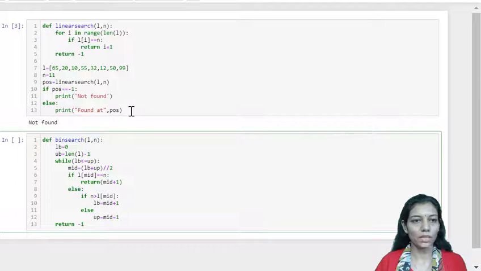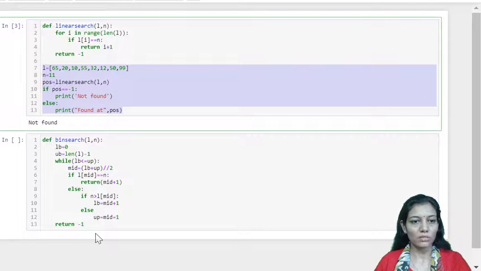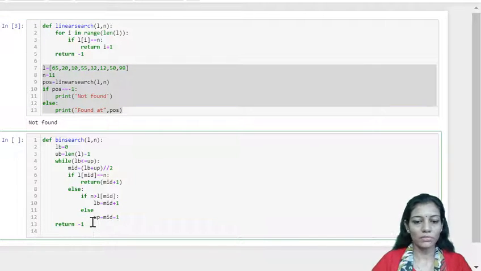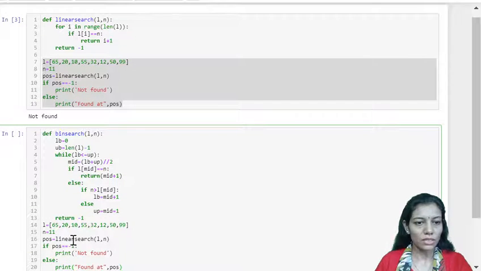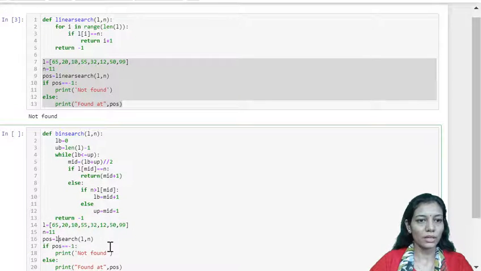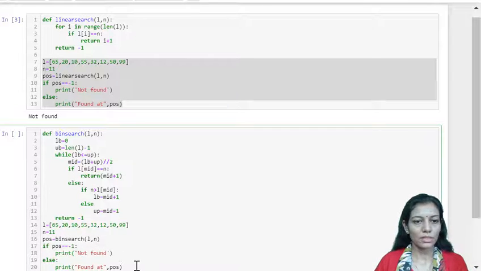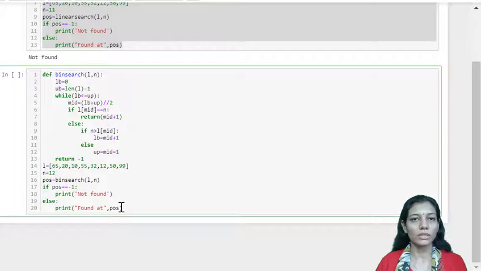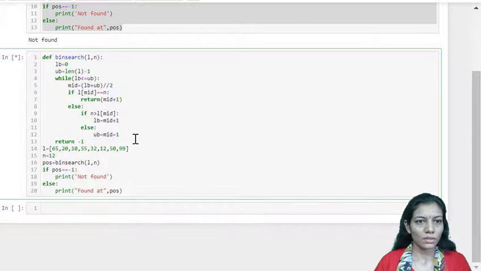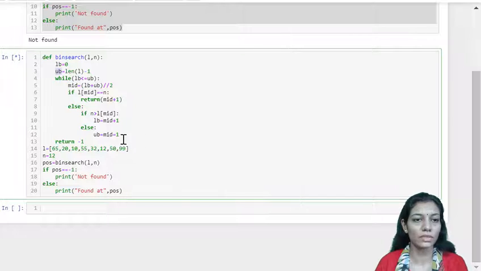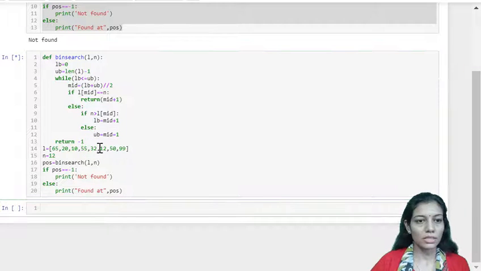So now I'm copying the code which was written for the linear search in order to call our function, and instead of linear search I'll be calling binary search. Okay, let us understand. We'll take it for 12 and see whether 12 is found or not. At all positions I have used UP by mistake, but instead of that I need to use UB, that is upper bound, which is the variable I have declared. So let us execute it.